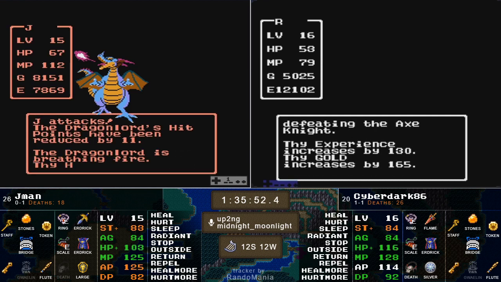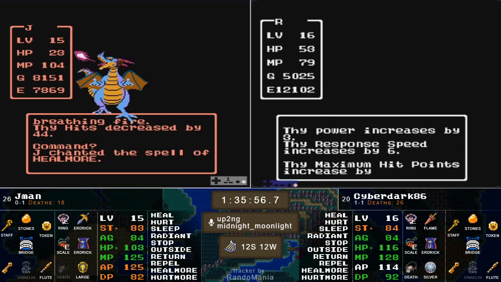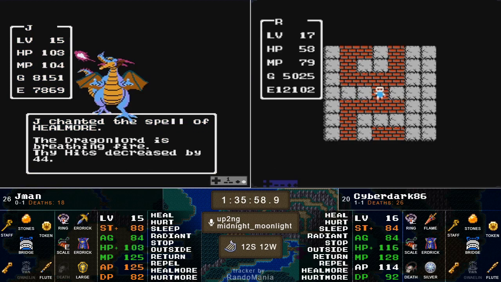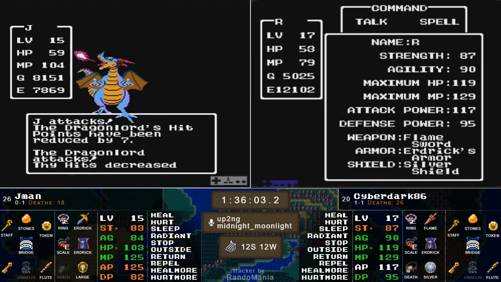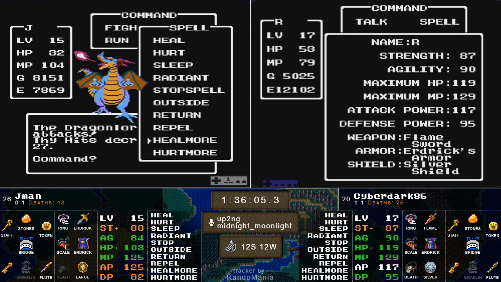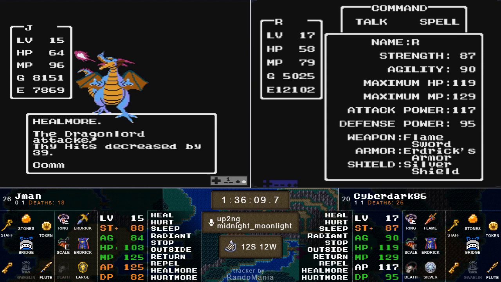Let's keep an eye on that while Cyberdark picks up level 17. I'll leave it to chat to kind of add up these numbers on the damage rolls here. So there's only 3 more power on 17, and 1 more MP, a little bit on the other stats, 119 for HP. I mean, Cyberdark...